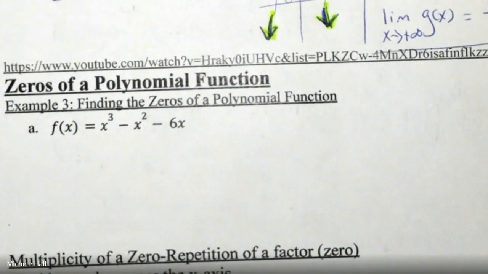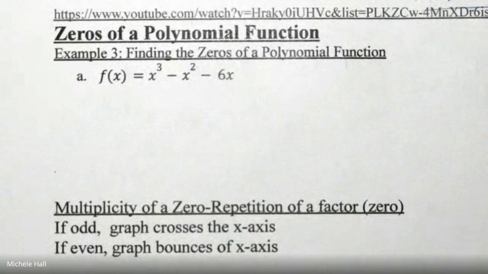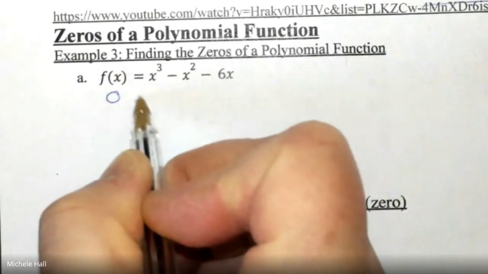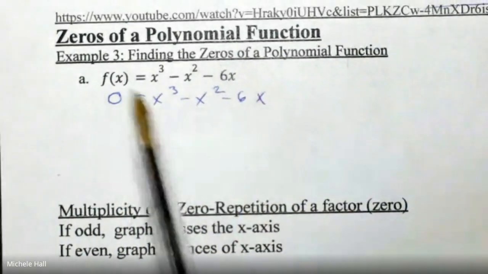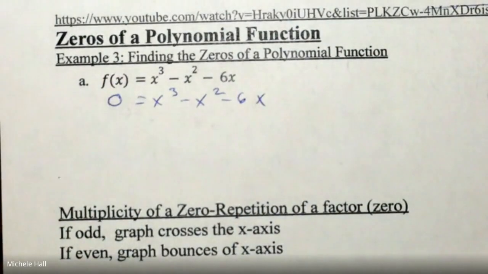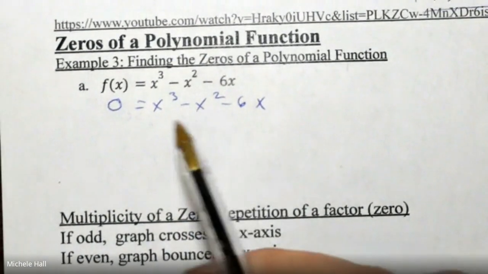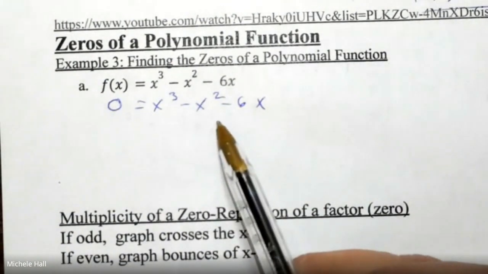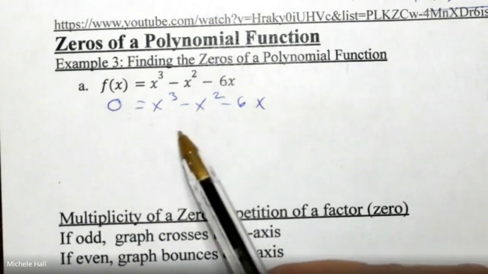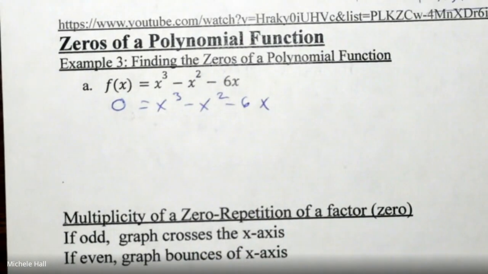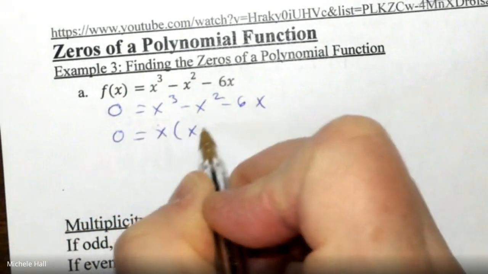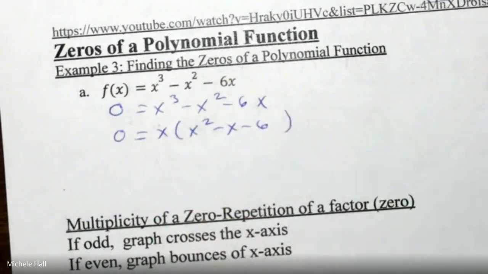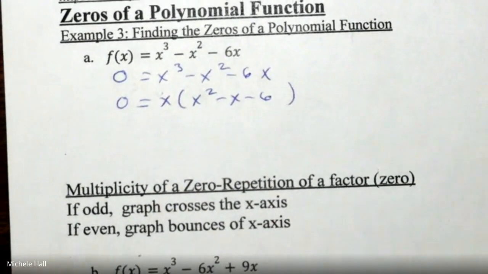Okay. Finding the zeros of a polynomial function. We're looking for the zeros. So obviously, I'm going to set it equal to 0 when y is 0. When y is 0, I know that allows me to find the x-intercepts. If I let x equal 0, then it allows me to find the y-intercept. What do you notice about this polynomial? Something that I can do with this polynomial? Exactly. So factoring out something from all the terms. They all have an x in common. And so when I factor out an x,